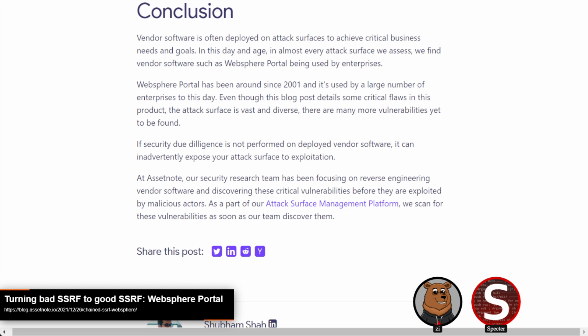So, yeah, a bit unfortunate with the back and forth there, but this is software that's used quite a bit in enterprise, as they say. So, yeah, and with that in mind, I do want to commend this post too for